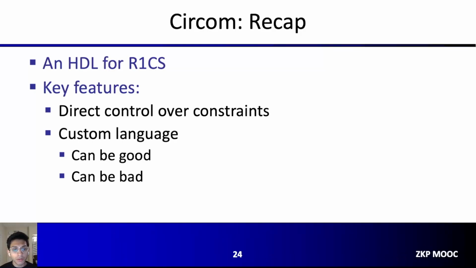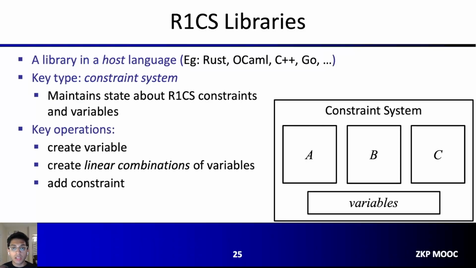A different approach to programming ZKPs, which gives you the same very direct control over constraint systems, is to use a library. In this approach, you define a library which is implemented in some host language, which is usually a popular high-level programming language such as Rust, OCaml, C++, Go, and so on. In all of the libraries that implement this approach, there is one key type,